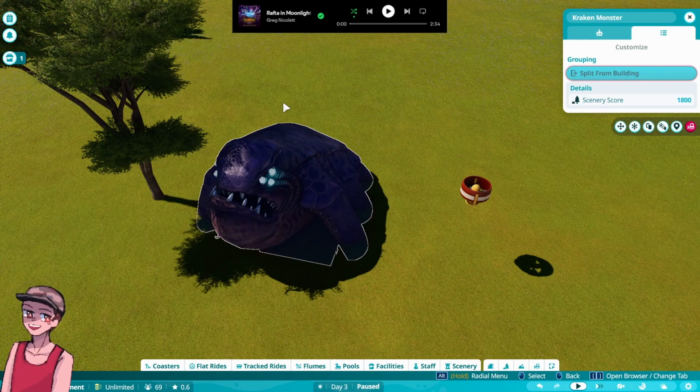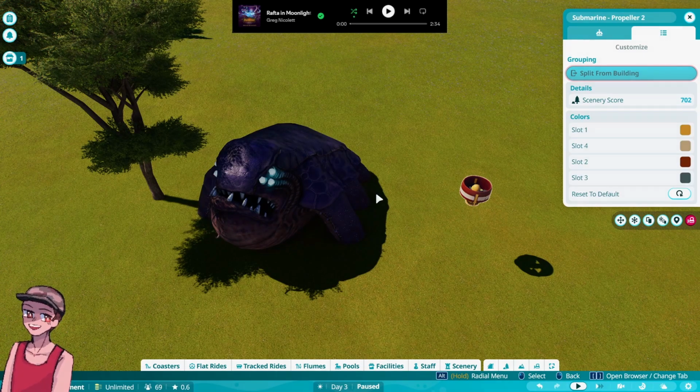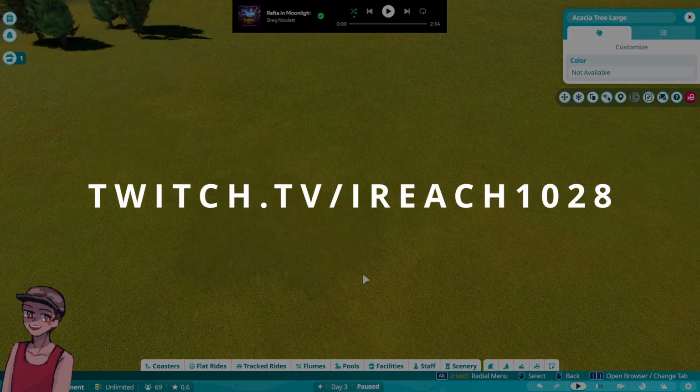What Planet Coaster 2 is, is a great sandbox game, and that's why most people come through here to play the game as such. They build, they chill, that's what they do. The effects of the rides are more kind of an aside from the main point that they play the game. Anyway, I'm gonna delete all these pieces and we